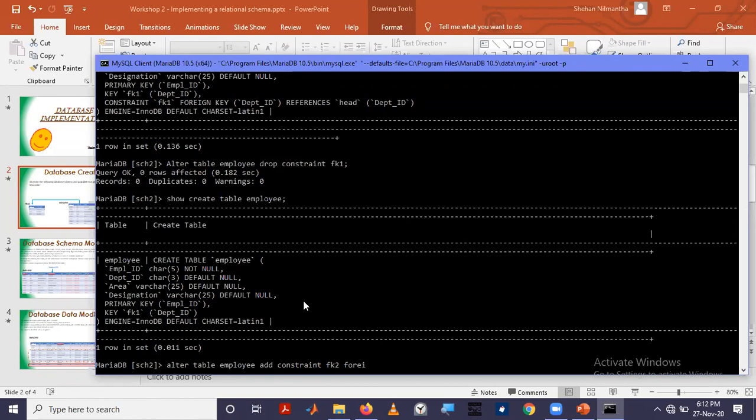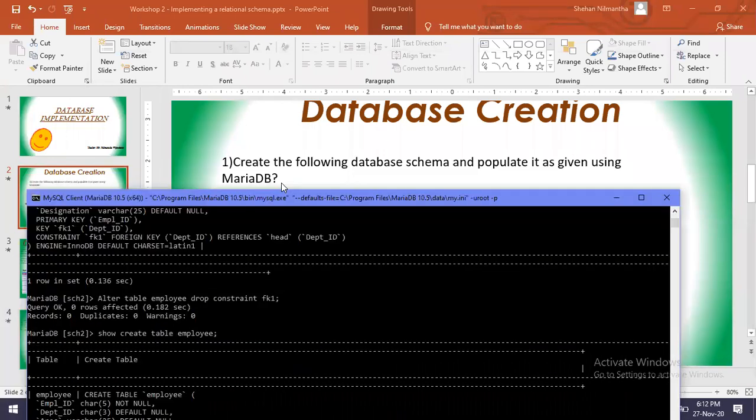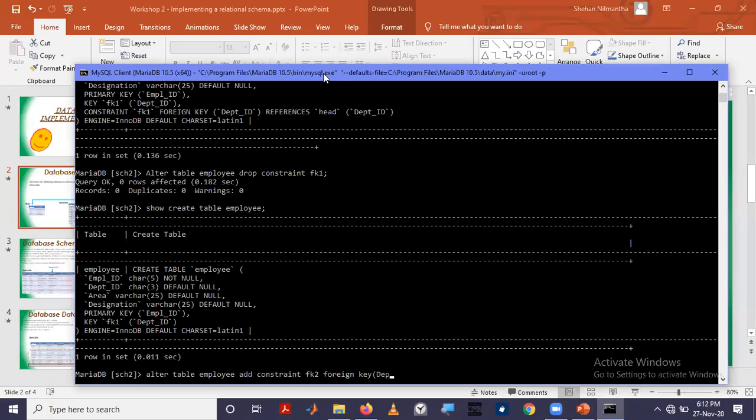I'm going to say that it is a foreign key, just like from previous. This department ID references this one. This references head.